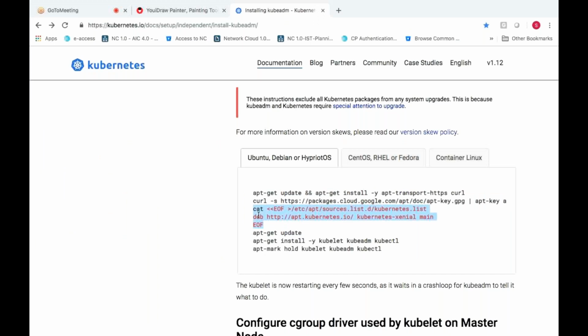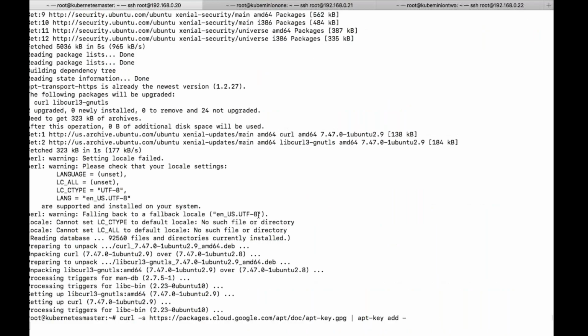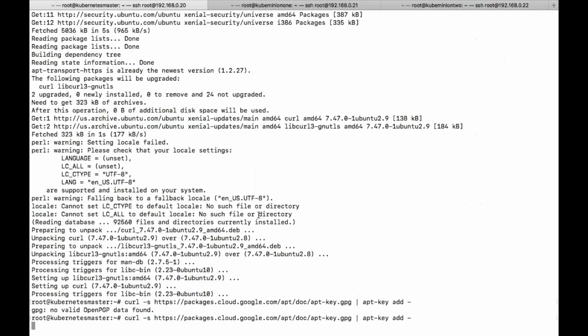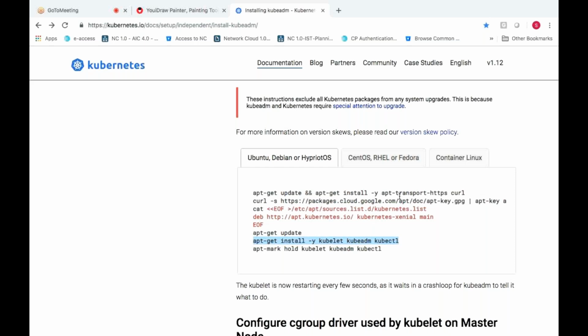It's taking a long time. Then, whenever you create a new repository, just do an update. And after that, we need to install the packages.